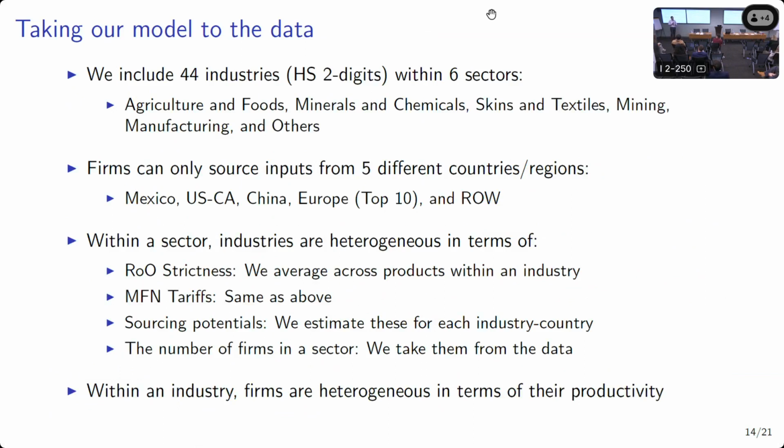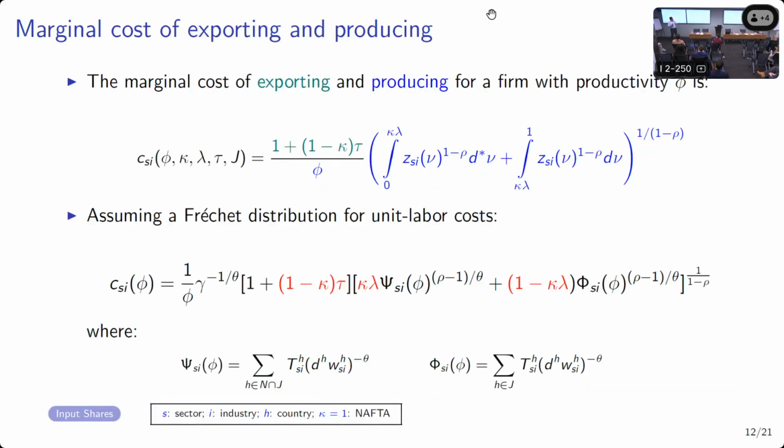Right. Yeah. I can go deeper into these computational things, but the thing is that this is not a paper about trying to explain why they source from these 30 different countries all over the world, right? I just want to do this quantification to capture the cost of being restricted by rules of origin, right? So as long as I'm able to estimate the difference between this term and this term,